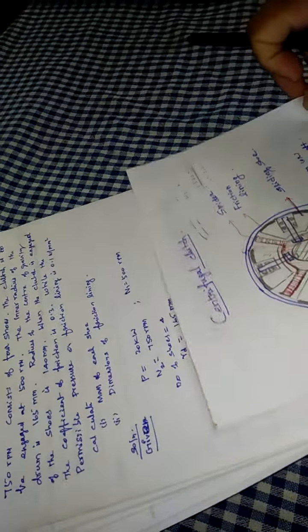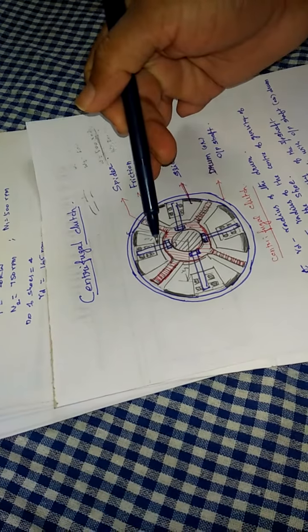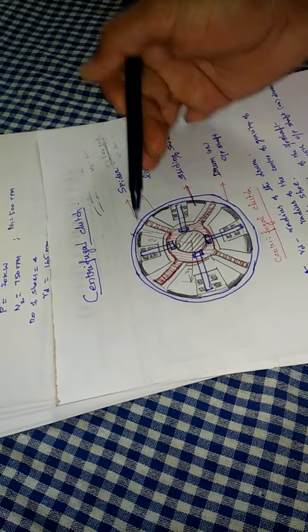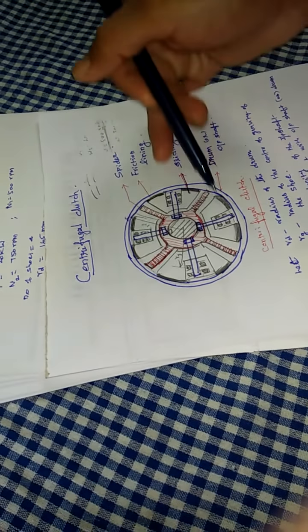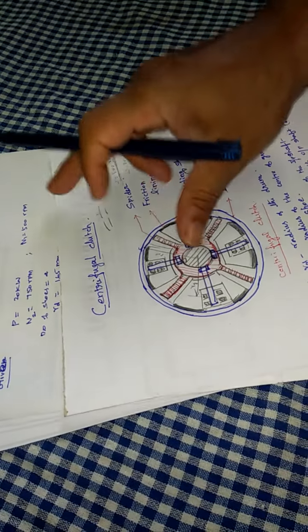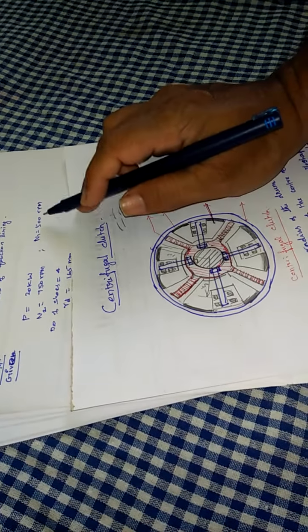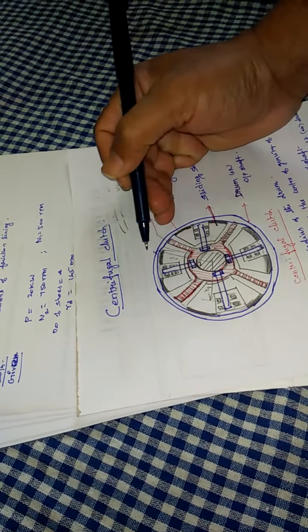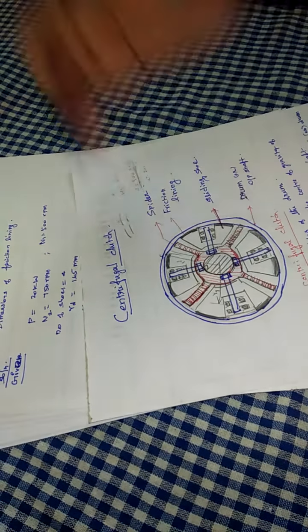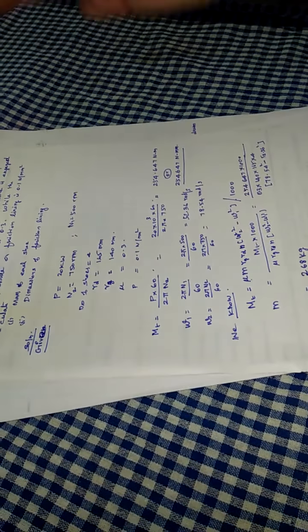So here actually, as I said earlier, this centrifugal clutch requires a minimum speed to engage the shoes with the inner periphery of the drum. So in this problem, n1 is equal to 500 rpm, which means that at 500 rpm the shoe gets engaged with the output shaft. And the final rpm is n2. Beyond this it is not required actually.